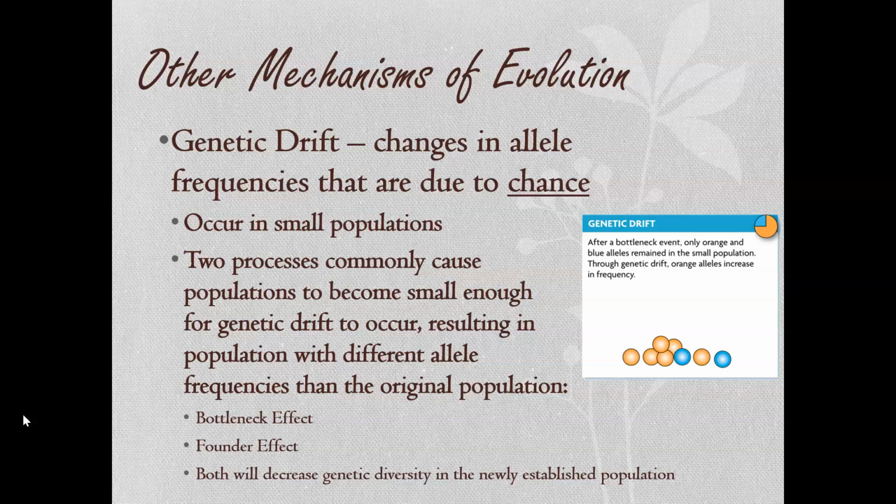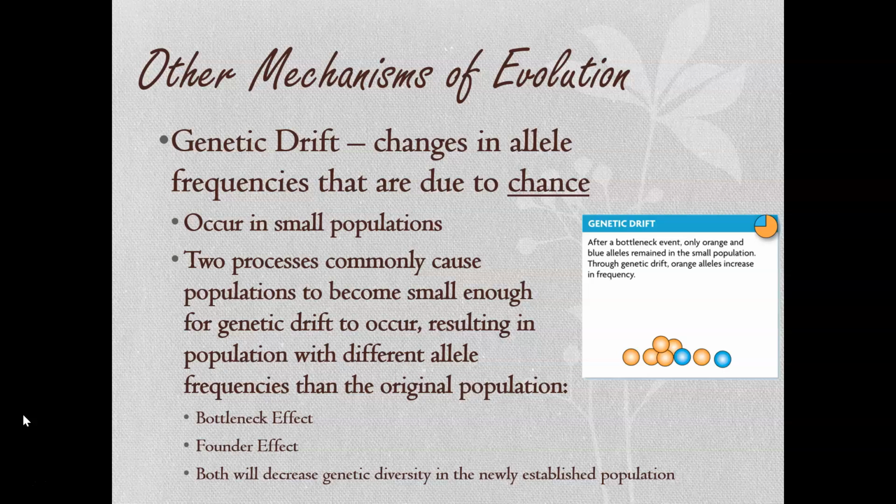Genetic drift is another potential mechanism for evolution, but rather than gene flow sort of being predictable or natural selection being predictable, genetic drift causes the allele frequencies in those populations to change really from random chance. There's no real reason from a biological standpoint for why a particular allele becomes more common and why the other sort of drops off. And this only really happens when we talk about really small populations, because what ends up